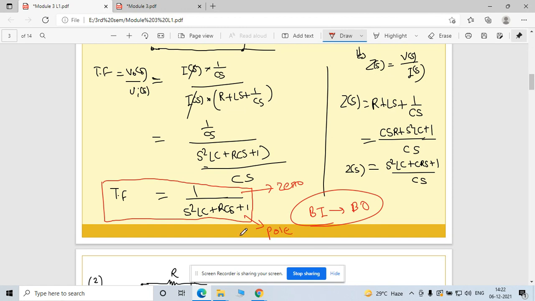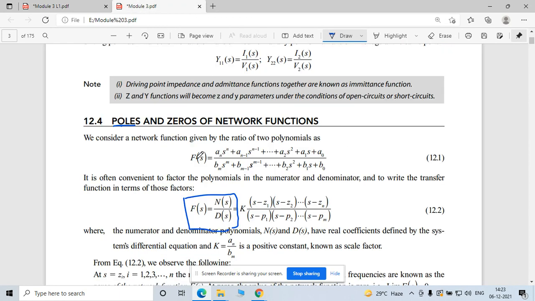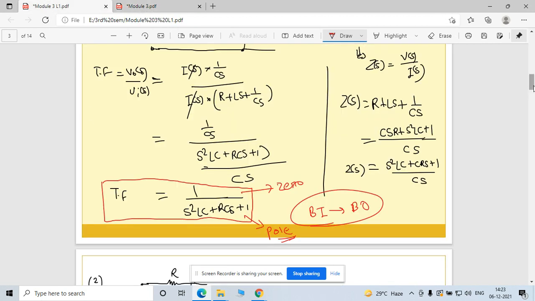ठीक है. इसके पोल्स, इसके रूट्स, इसको पोल्स डिफाइन करेंगे, एंड न्यूमरेटर के जो रूट्स हैं वो जीरो डिफाइन करेंगे. Now see here, these poles and zeros of the network function mean what, once you get this